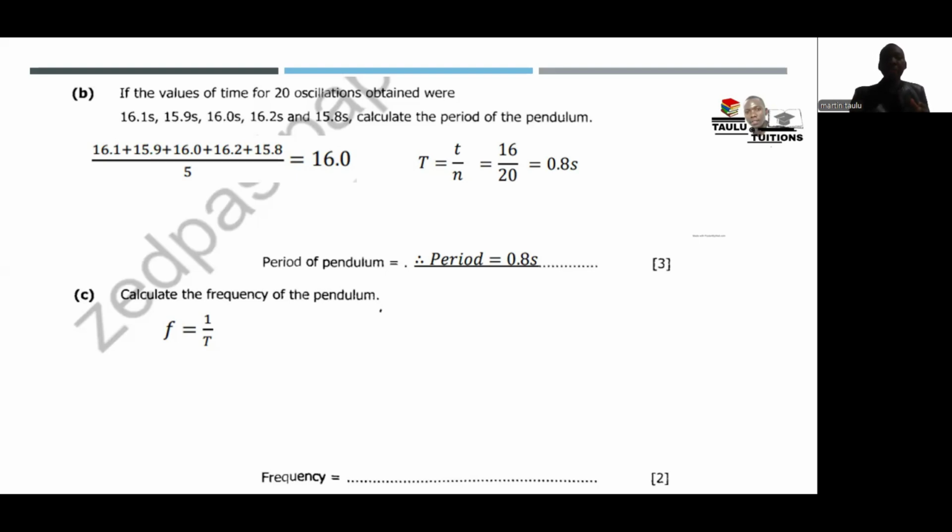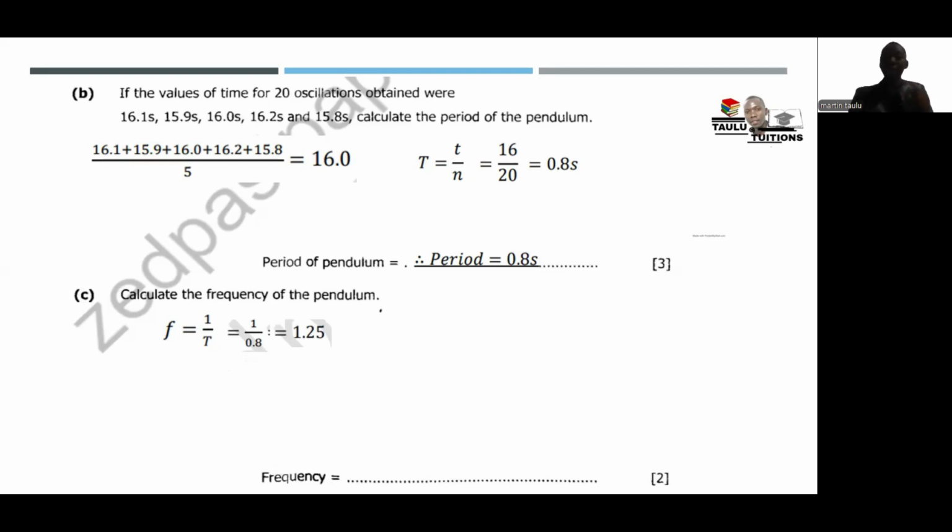So in this formula, frequency is equal to 1 over T. Of course, the 1 is a constant value, it's always there. Here, we just need to substitute the period. We have just calculated the period. The period is 0.8. So we are dividing 1 by 0.8. And when you do the math, it gives you the answer,